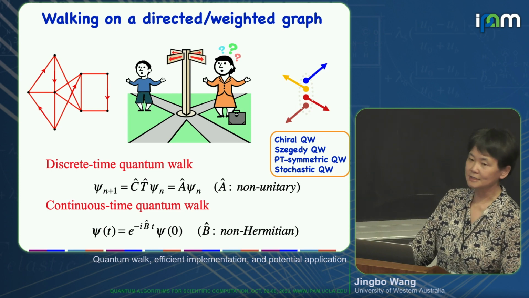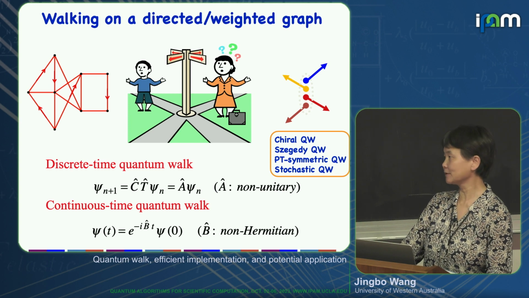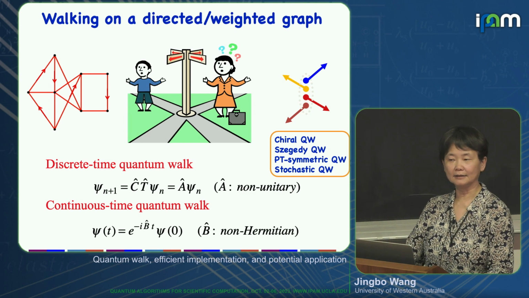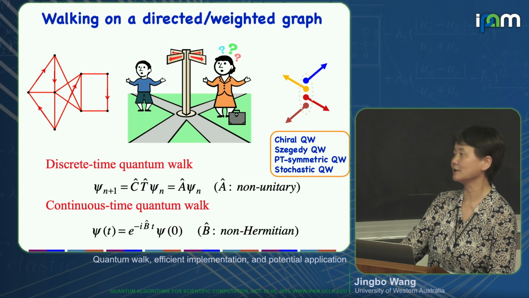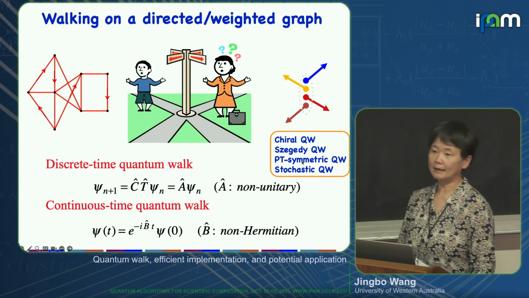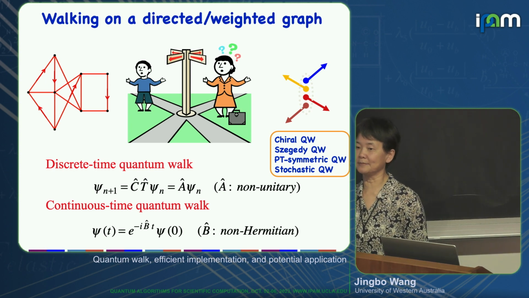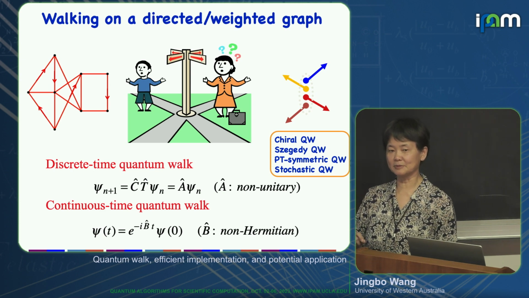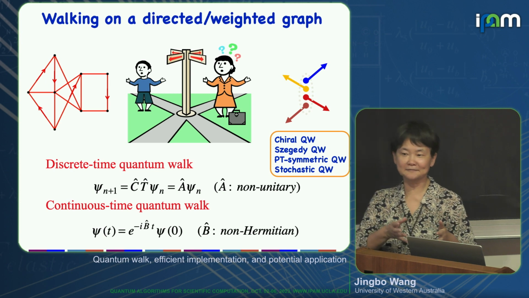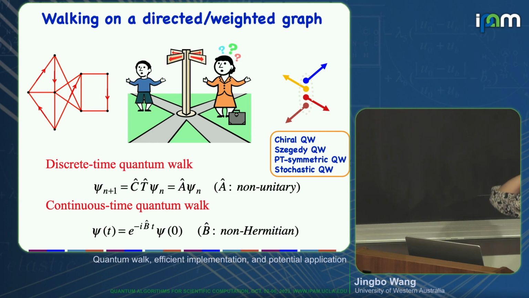And there is a really interesting group of people studying, led by Zigdy, of course. This is called Zigdy quantum walk. They introduce a dual space. And in the dual space, you can build in the directional information of the graph. And then we actually did a lot of work on this PT symmetric quantum walk. And it's a special kind of Hamiltonian. It's not Hermitian, it's a pseudo-Hermitian, which has a really nice property of all eigenvalues are real. And because it's not Hermitian, it's not unitary, it doesn't conserve the norm. However, the amplitude bounds. So people can still do experiments and study it and implement